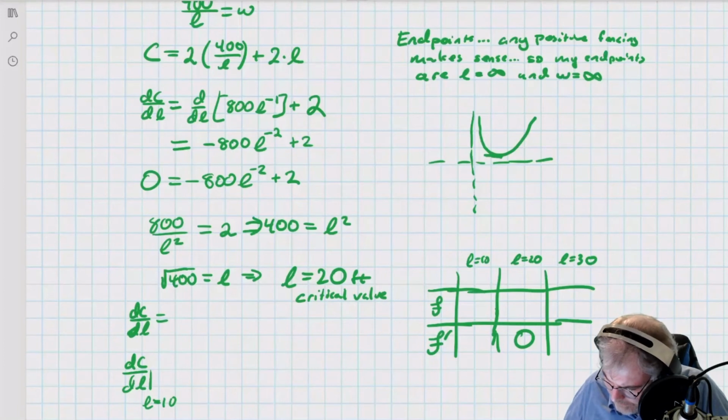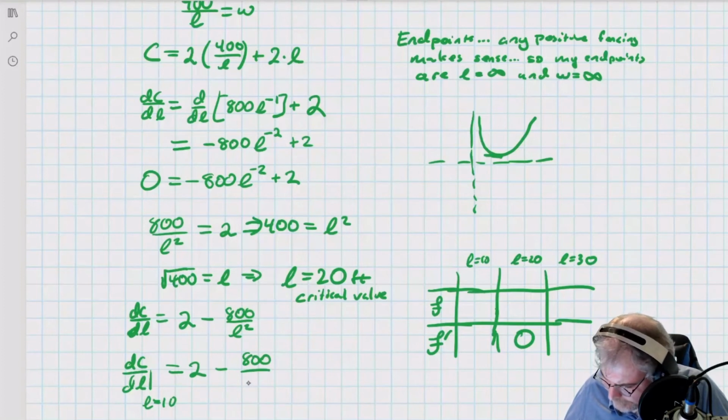So that equals 2 minus 800 over L squared. Okay. So that means that dC over dL is 2 minus 800 over